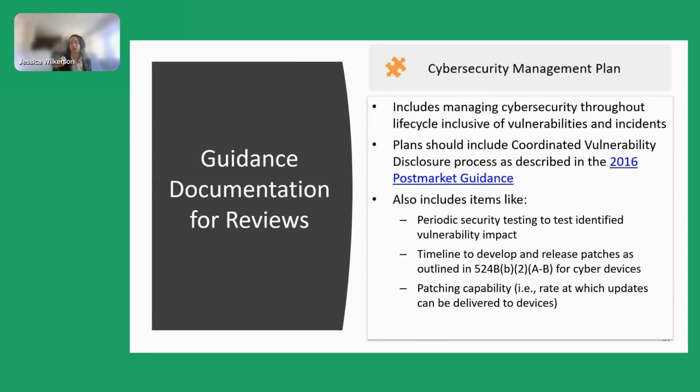So this section includes discussion of managing cybersecurity throughout the lifecycle, including vulnerabilities and incidents. It recognizes that plans should include coordinated vulnerability disclosure processes, as described in the 2016 guidance. And again, if you are a cyber device manufacturer, coordinated vulnerability disclosure is now required for you by law. And then the cybersecurity management plan also includes items like periodic security testing to test identified vulnerability impact,